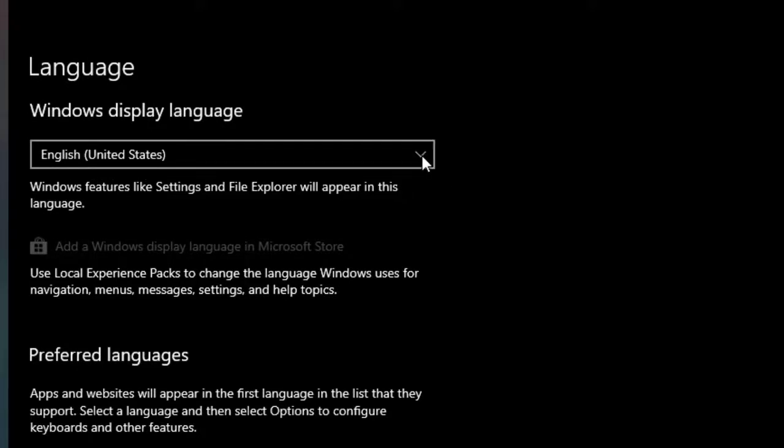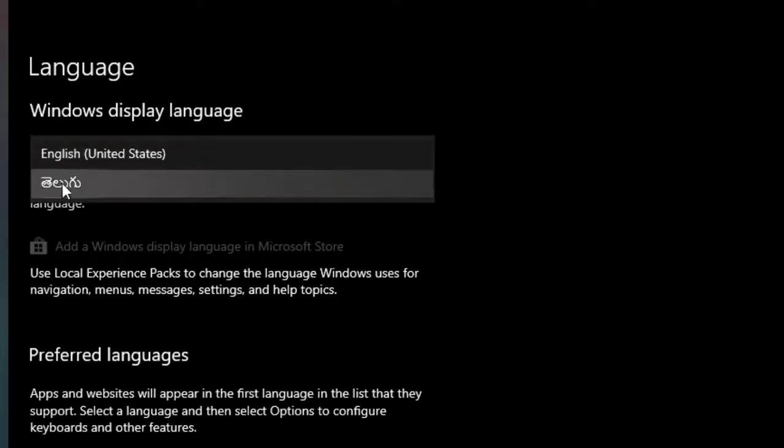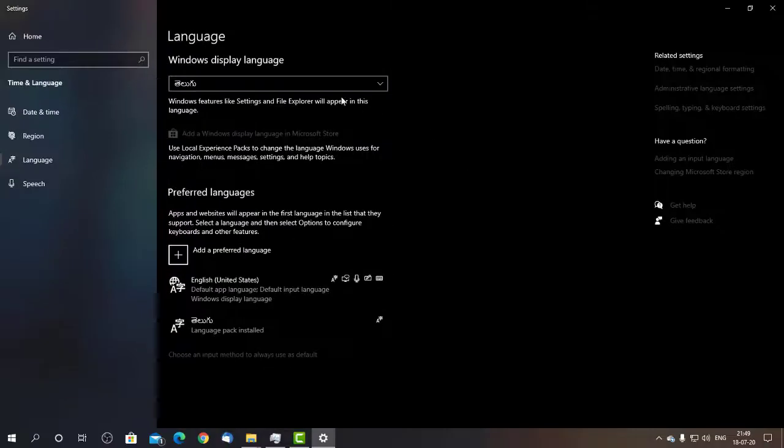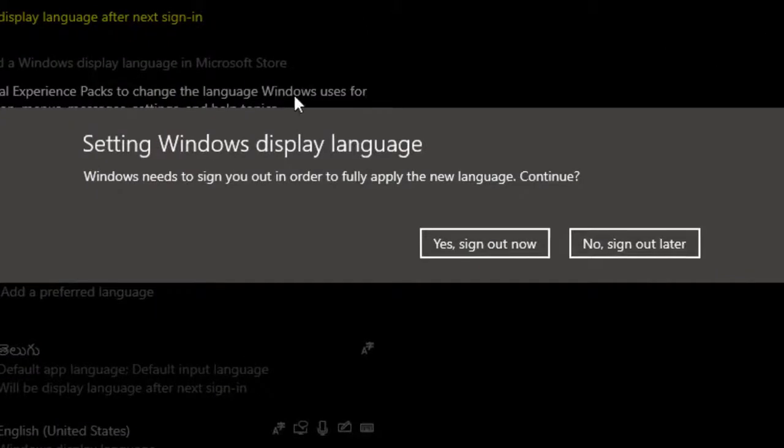Now click this down arrow and select Telugu. By clicking this, Windows asking us to sign out now for setting this as a display language. If we click yes, sign out now, then it will be signed out from the Windows login and the language will be automatically changed to Telugu.